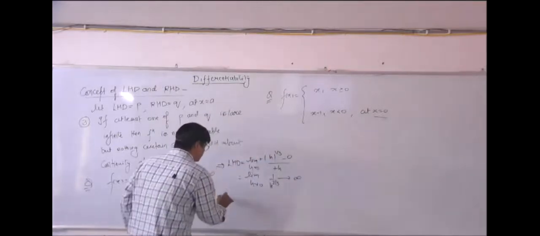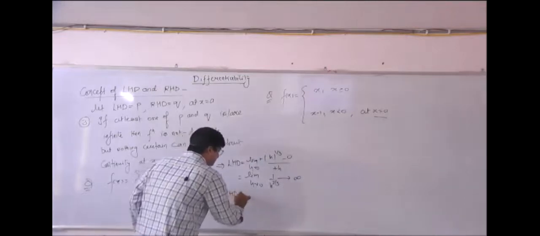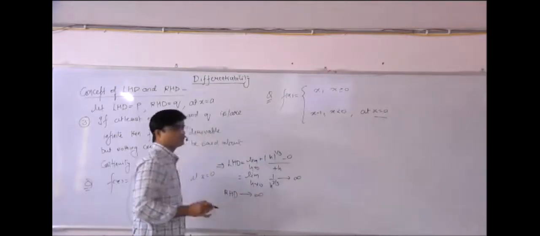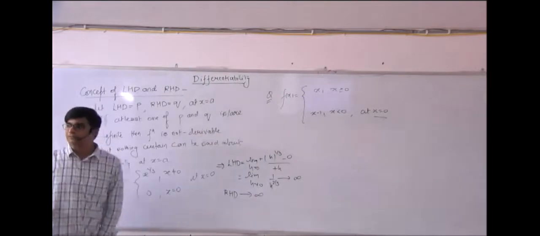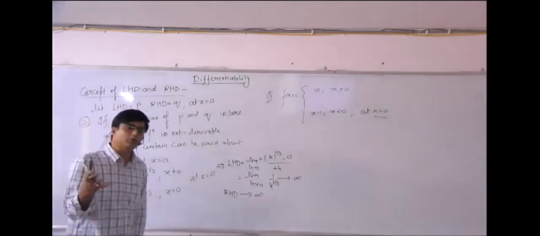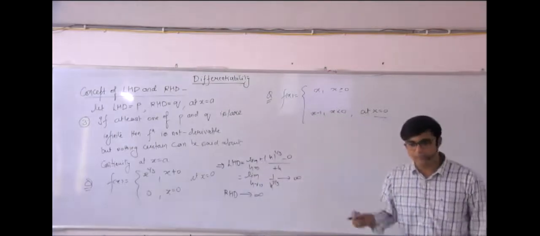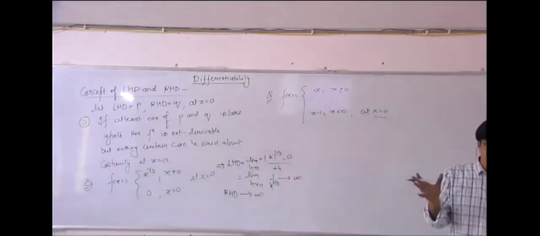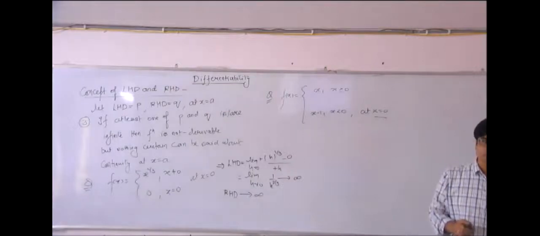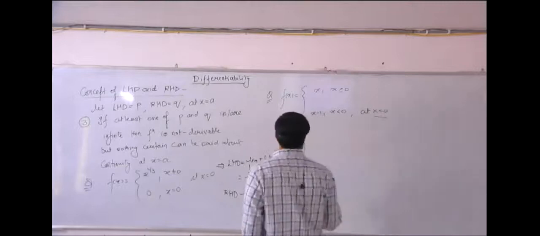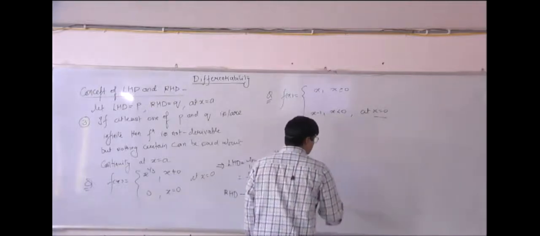Right hand derivative is again tending to infinity. Yes or no? So if we see P and Q, both are what? Both are infinite here. So we can never say anything about continuity of this function. Yes or no? But if you find continuity, then you will see